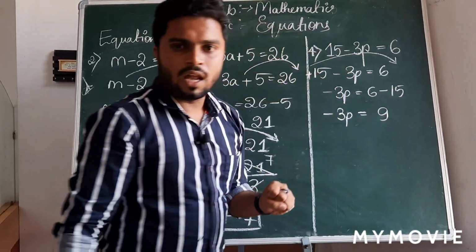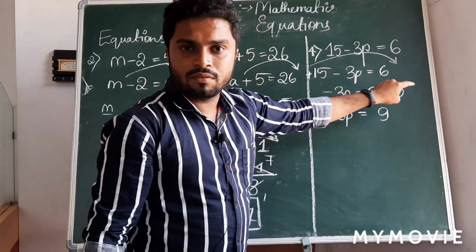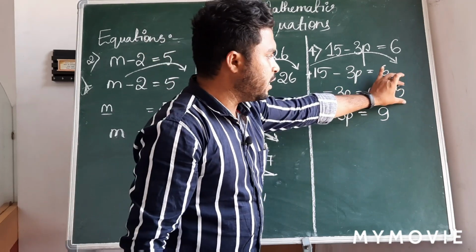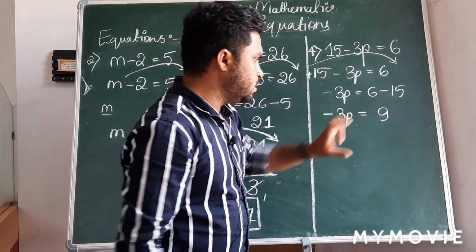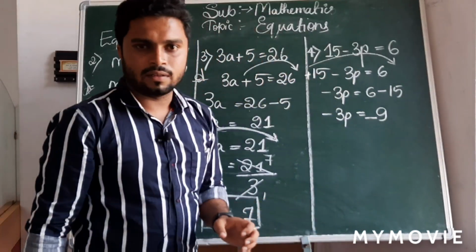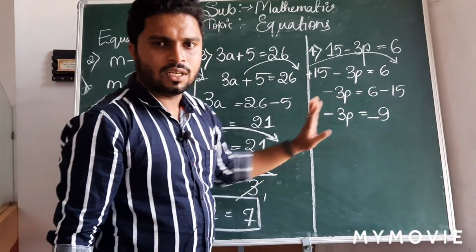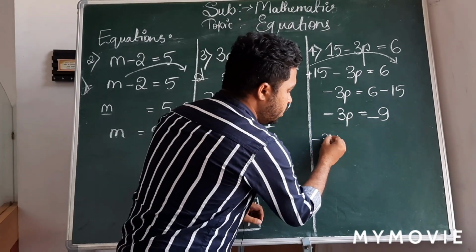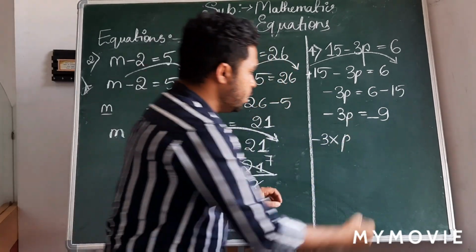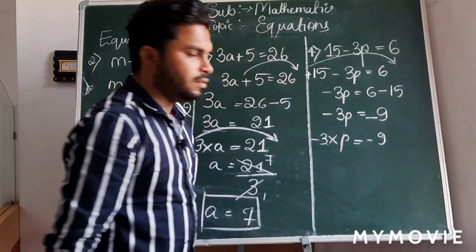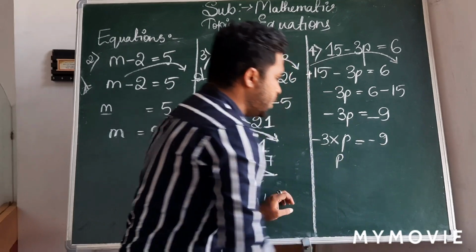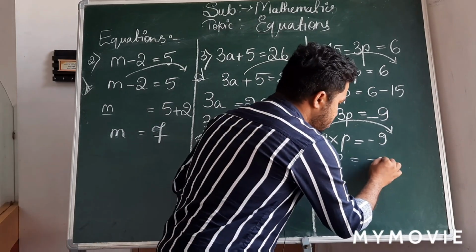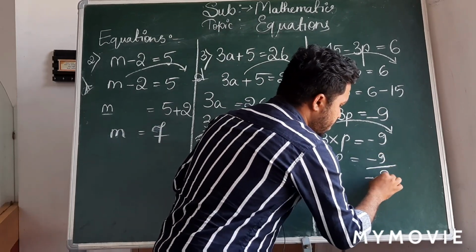9. Now here you have the bigger number as minus. See, bigger number 15 is minus, so I'll write it with a minus sign. Done? Yes. Now here students, you can see, minus 3, I don't have anything, which indicates multiplication, is equal to minus 9. Done? Now p, I'll keep it as it is. This multiplication, if it goes to that side, it becomes division. Minus 9 by minus 3.